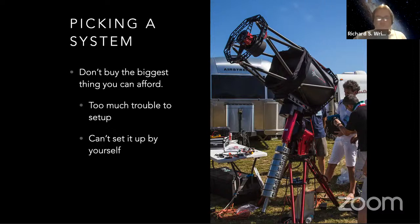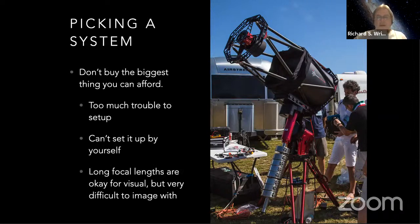something bigger later on. Also, we all want the big numbers, right? It's like megapixels on your cameras, long focal lengths, so we have lots of magnification. And I'll talk more about this in a minute, but lots of magnification is actually not what a telescope does, which is counterintuitive to people who are just getting started in astronomy and looking for a telescope for the